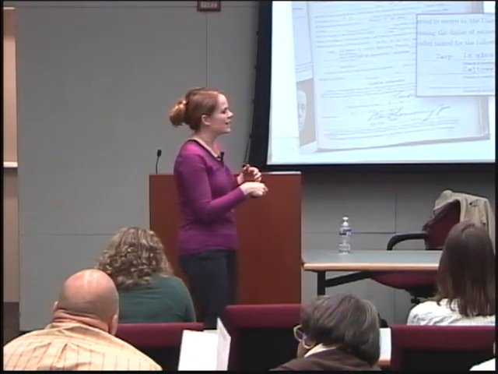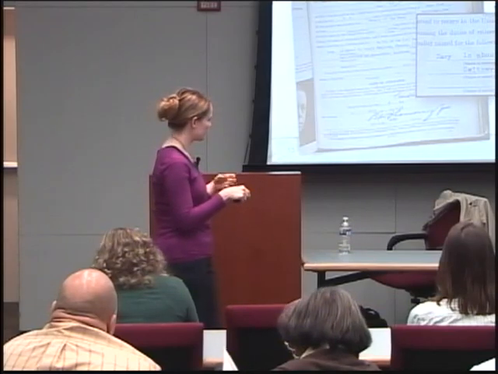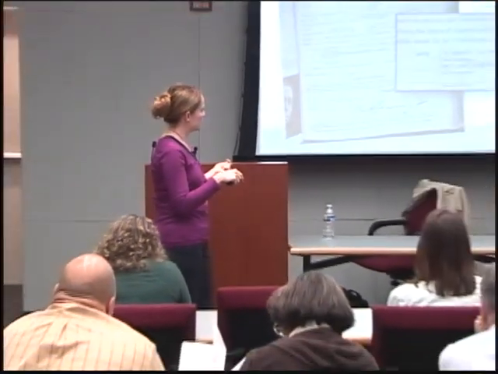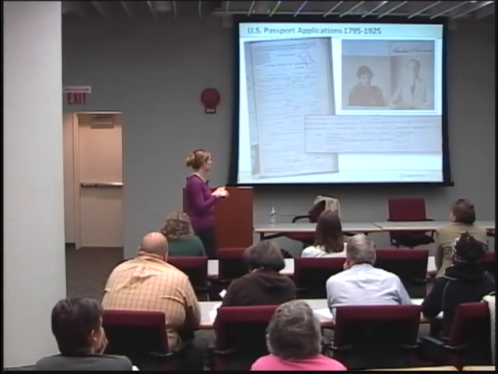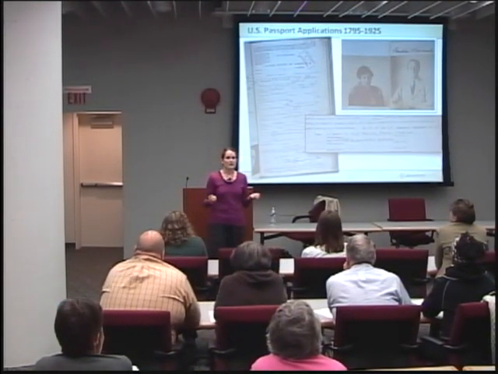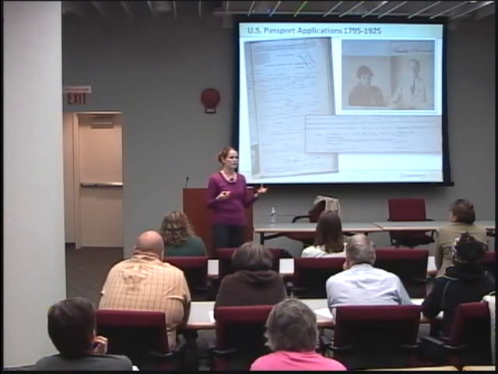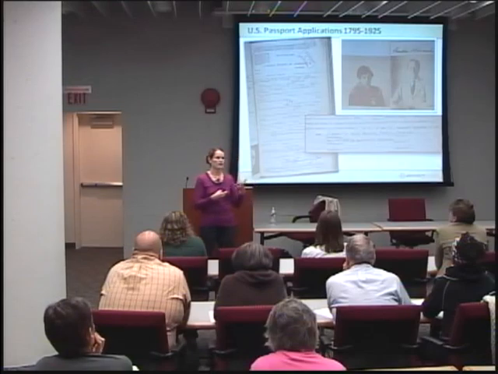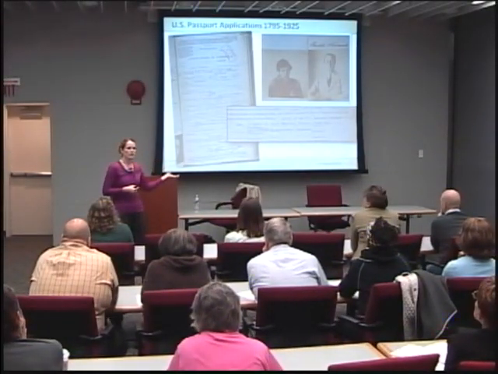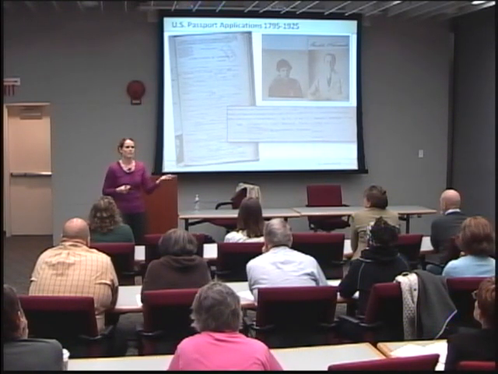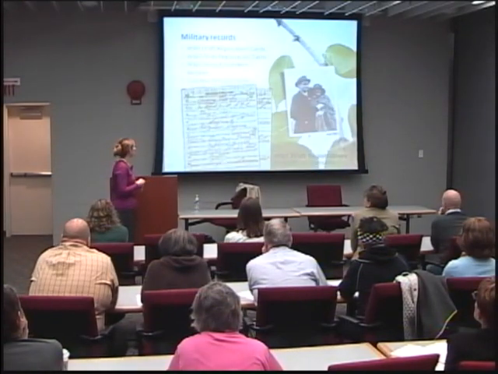Now, you also get an idea of where they're going and where they're planning to travel. Right here we have that Roosevelt is a citizen of the U.S., Assistant Secretary of the Navy, about to visit England, France, Italy, and Switzerland on government business. If they were traveling on pleasure, I often see the same kind of thing, that they're listing all the countries they're planning to go to, and whether they're planning a pleasure visit, going for business, or even planning to go over and live there. So passport applications are a great resource.